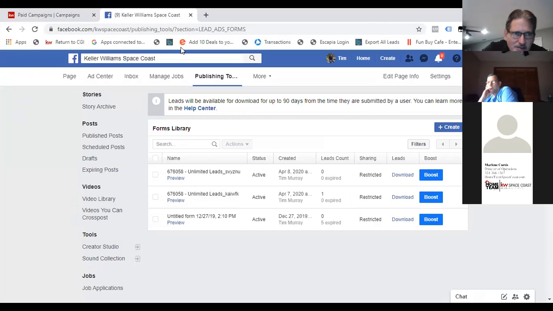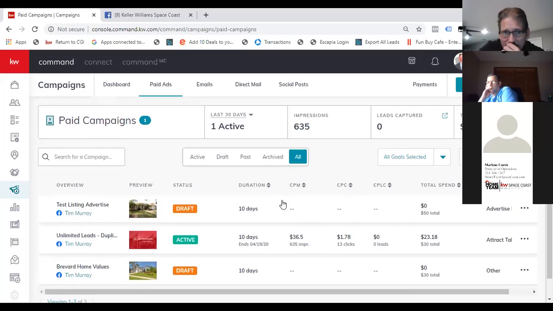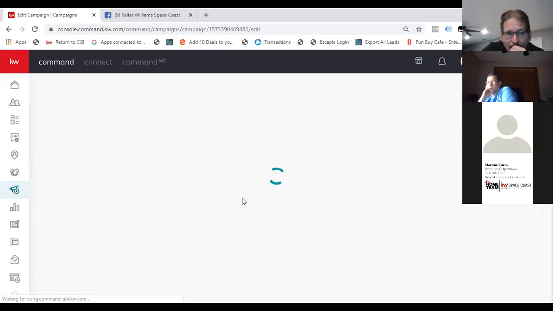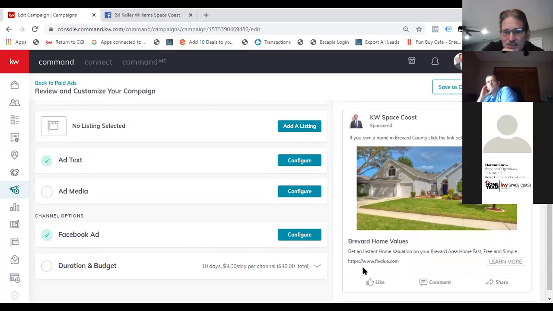So you can decide what you want to do there. And just as another demonstration, this is a home value lead ad that I ran for the last 10 years, not only in Brevard County, but everywhere, Tampa, Orlando, everywhere we had offices, and it drives to my home value site. And this little ad, forget the Keller Williams Space Coast, just this portion of it, would get tons of